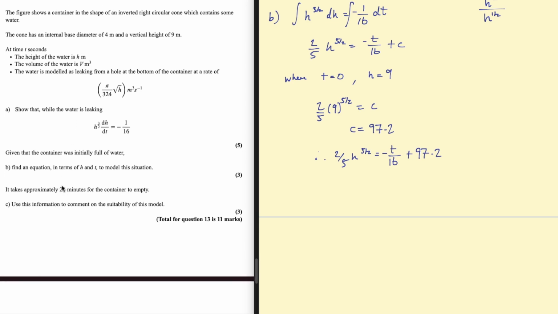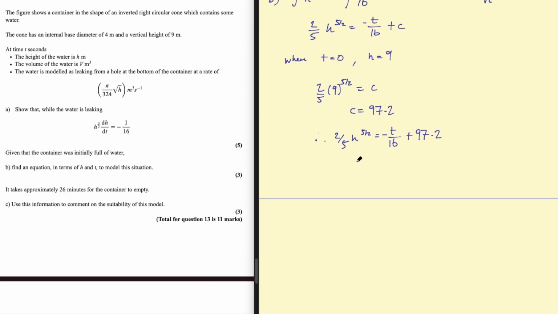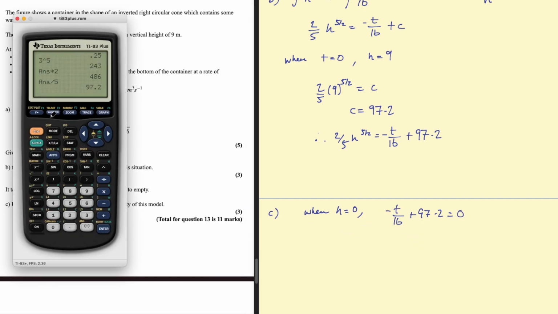You could convert that to seconds and plug it in and get h. Or you could let h equal 0 and find t. That's what I'm going to do. So when h equals 0, we get negative t on 16 plus 97.2 equal to 0. And then solve this for t. So this would be 97.2 multiplied by 16. And the negatives would cancel, so you get a positive time. So t equals